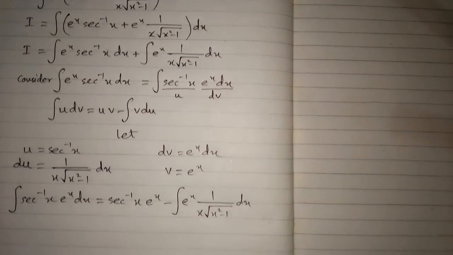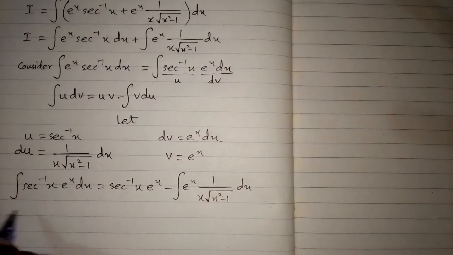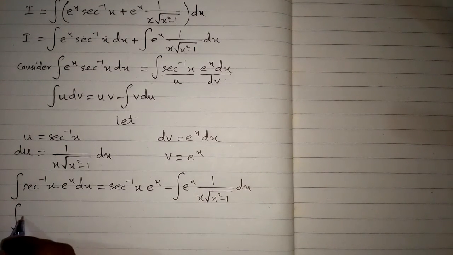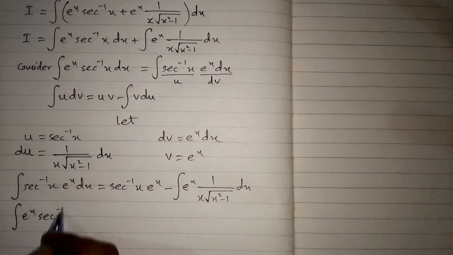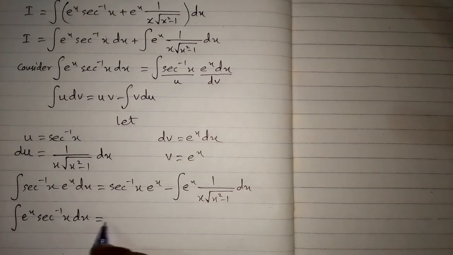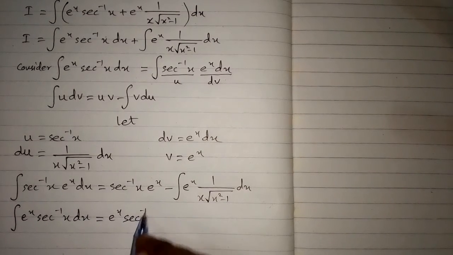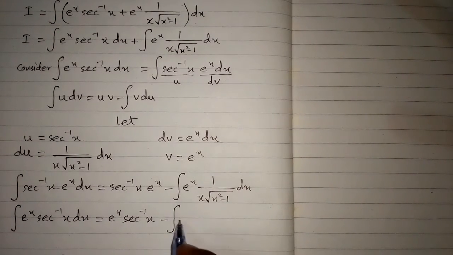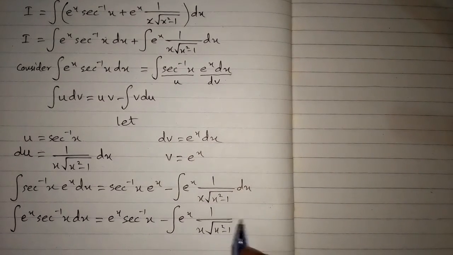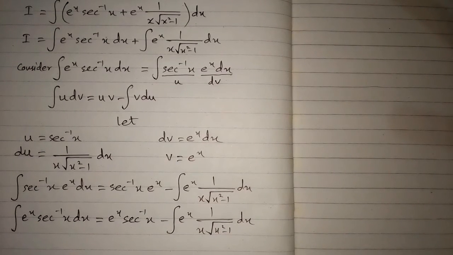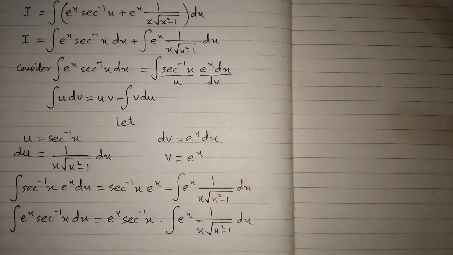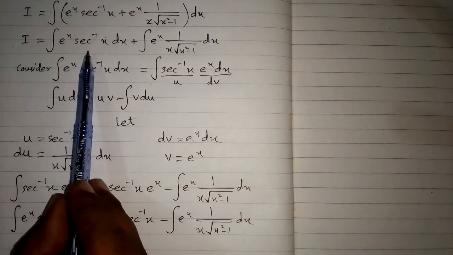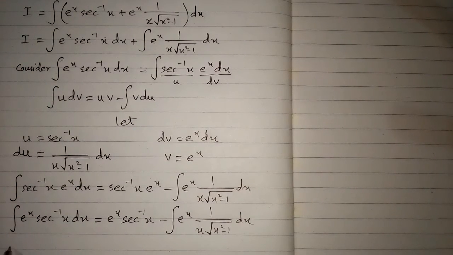Now we can write this integral as e to the power x sec inverse x dx is equal to e to the power x sec inverse x minus integral of e to the power x 1 upon x times the square root of x square minus 1 dx. Now we will put the value of this integral in place of this integral. So the integral I will become